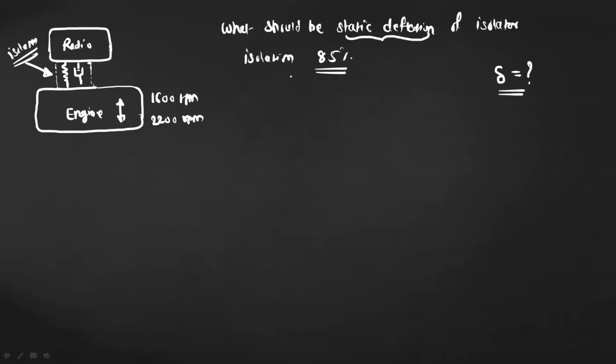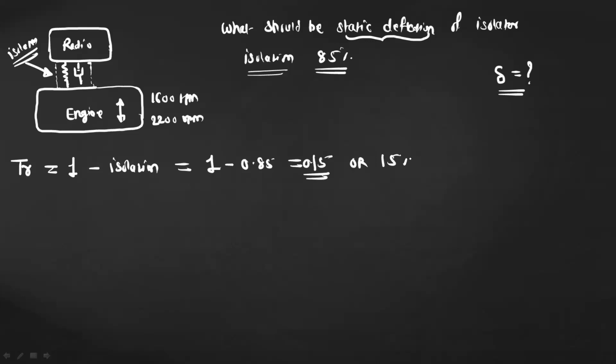So we will use the formula for transmissibility because we don't have the direct formula for isolation. From this isolation, we will find out the transmissibility, that is TR. This is equal to 1 minus isolation. So it is 1 minus 0.85, which means transmissibility is equal to 0.15, or 15%. So now use the formula for transmissibility. So transmissibility is equal to